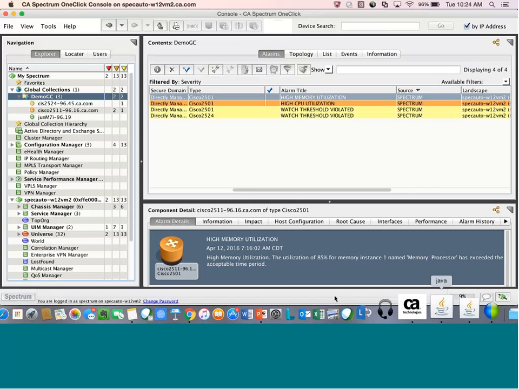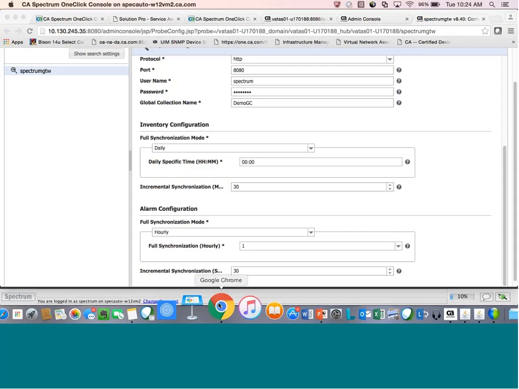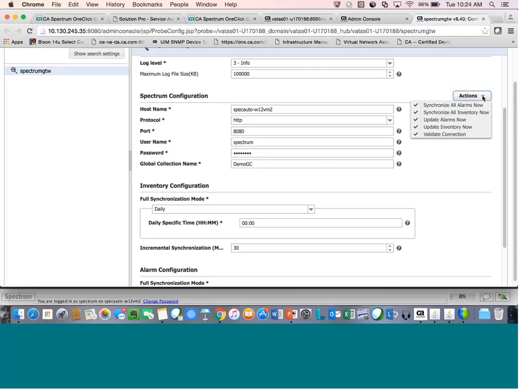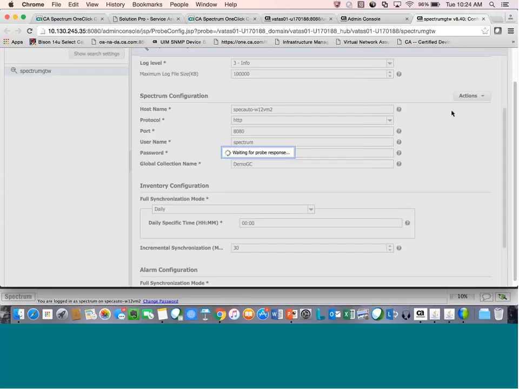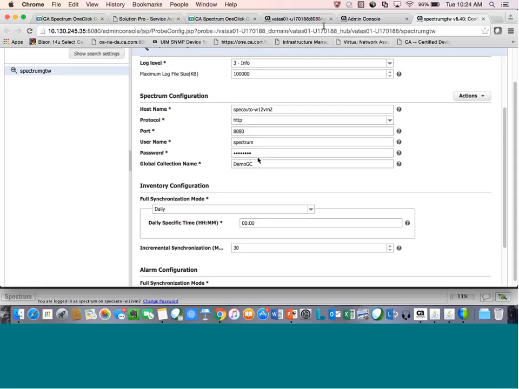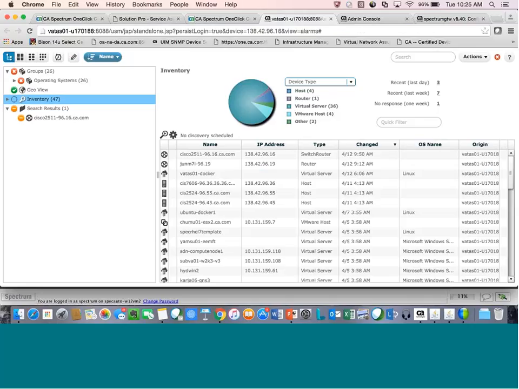As I click back over into the probe configuration, instead of waiting for 30 minutes, because we don't have that kind of time, I'm going to force this. I'm going to do an incremental synchronization now, which is simply synchronizing updated inventory now, or I can synchronize all inventory now. So it's starting the full sync from that global collection. As I click back over into my inventory environment, what I'm going to see is that additional device get added.